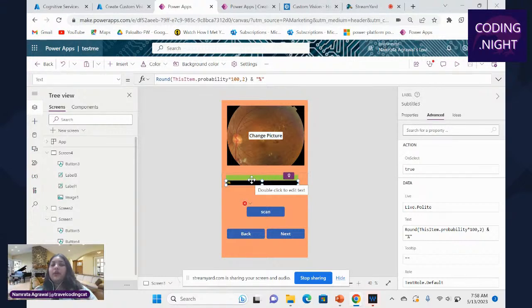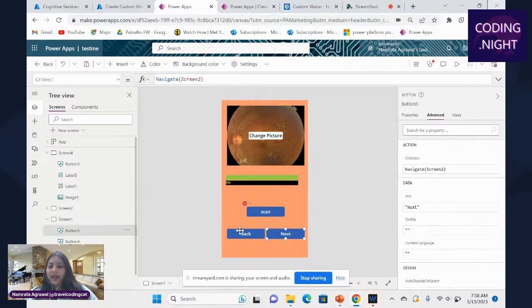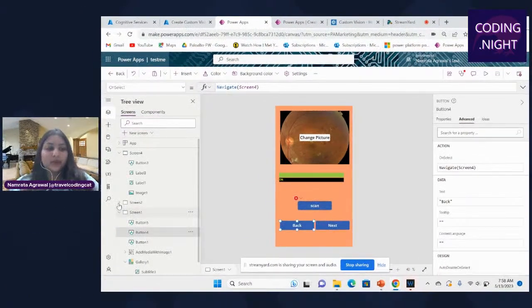It's rounding off the exact number, converting it into a percentage and then displaying it on the front page of the app. And then these are the navigations to the next and back. I think it's the best part. I really enjoy using these services. So this is screen one, this is screen two, and this is screen four.